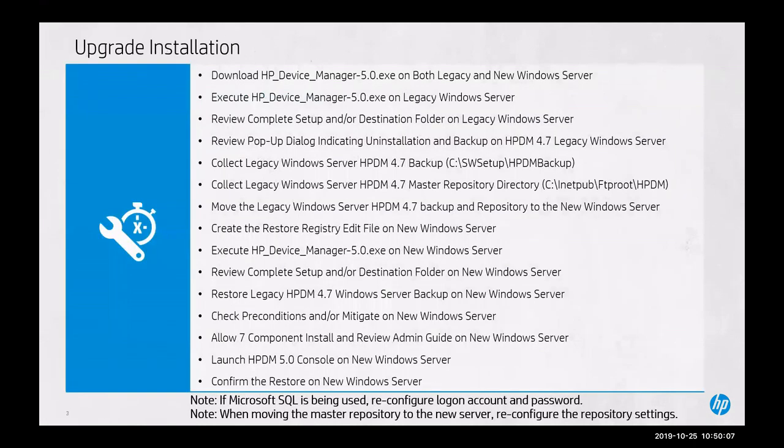environment. As part of the tutorial, we will be covering the following: downloading HP Device Manager 5.0 executable on both legacy and new Windows Server, executing the HP Device Manager 5.0 executable on legacy Windows Server, reviewing complete setup and or destination folder on legacy Windows Server, reviewing pop-up dialog indicating uninstallation and backup on HPDM 4.7 legacy Windows Server, collecting legacy Windows Server HPDM 4.7 backup at the following directory, collecting legacy Windows Server HPDM 4.7 master repository at the following directory, moving the legacy Windows Server HPDM 4.7 backup and repository to the new Windows Server,